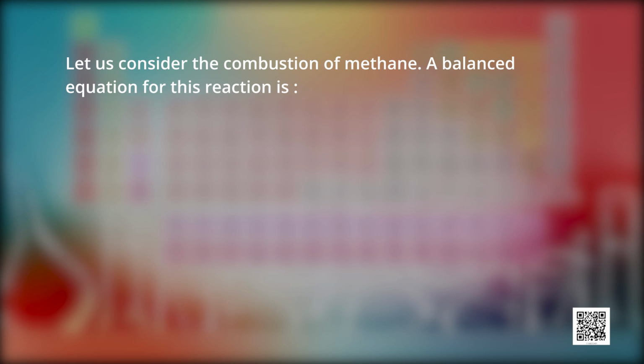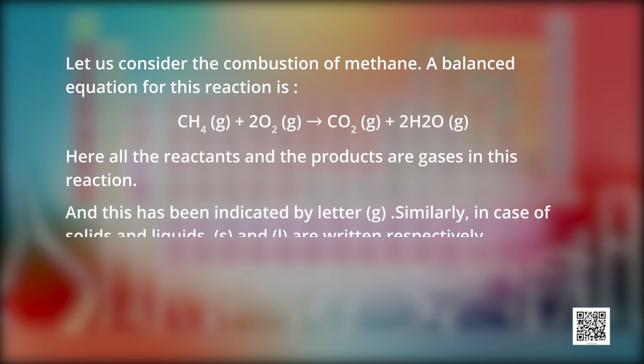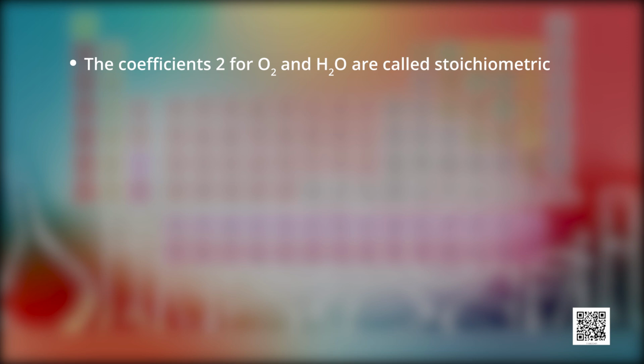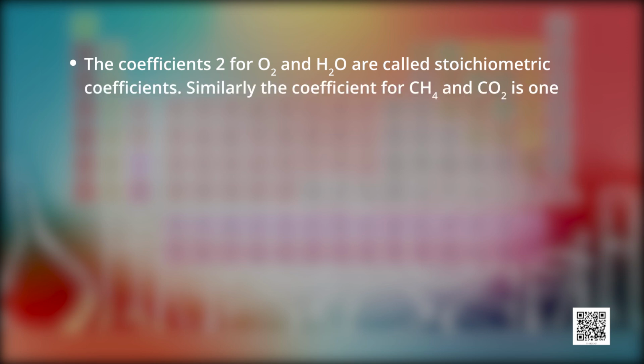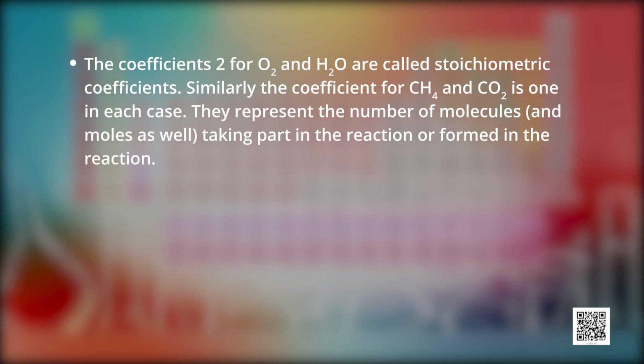A balanced chemical equation for this reaction is CH4 plus 2O2 gives CO2 plus 2H2O. Here, all the reactants and products are in gaseous state, and this has been indicated by letter small g. Similarly, in case of solids and liquids, s and l are written respectively. The coefficient 2 for O2 and H2O are called stoichiometric coefficients. Similarly, the coefficient for CH4 and CO2 is 1 in each case. They represent the number of molecules and moles as well